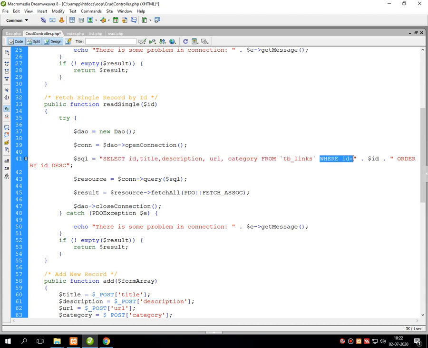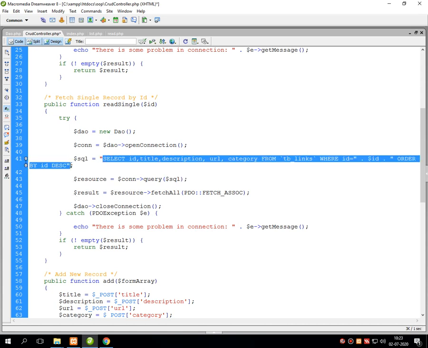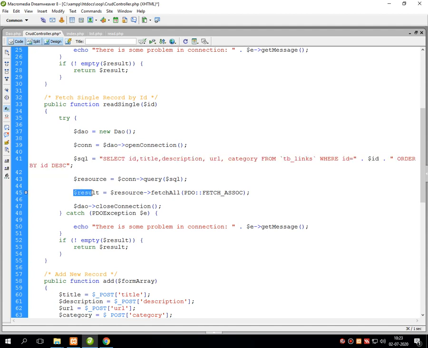But the difference is over here, it displays all this information of a particular ID which is passed by the user. Then this query gets executed by writing $connection reference to query into the bracket $SQL. Whatever data is selected by this query is stored inside the variable called $result, and this fetch_associative function retrieves all this record from the database and throws it over the browser.